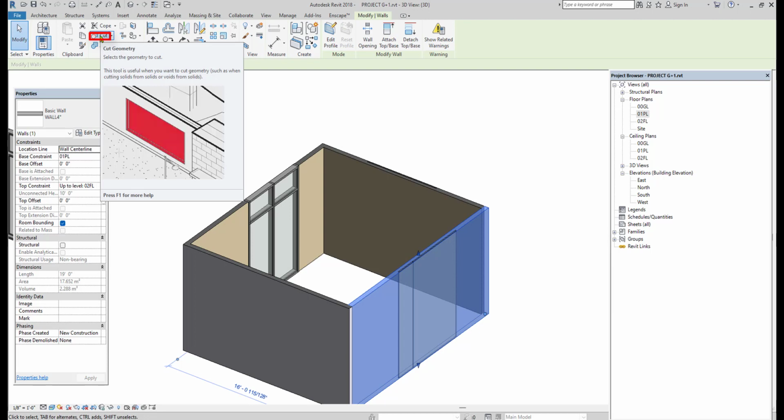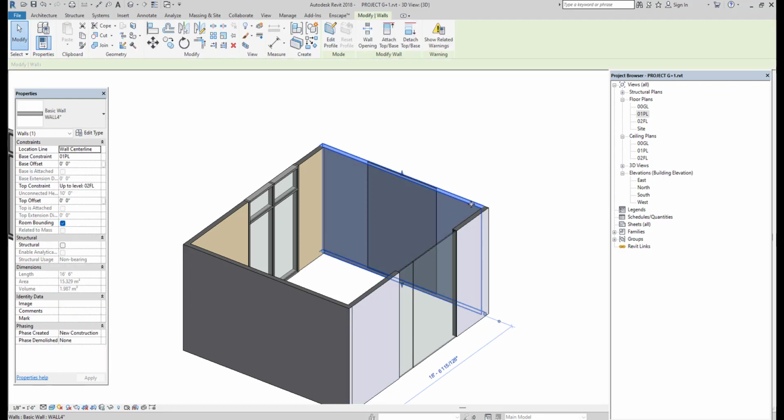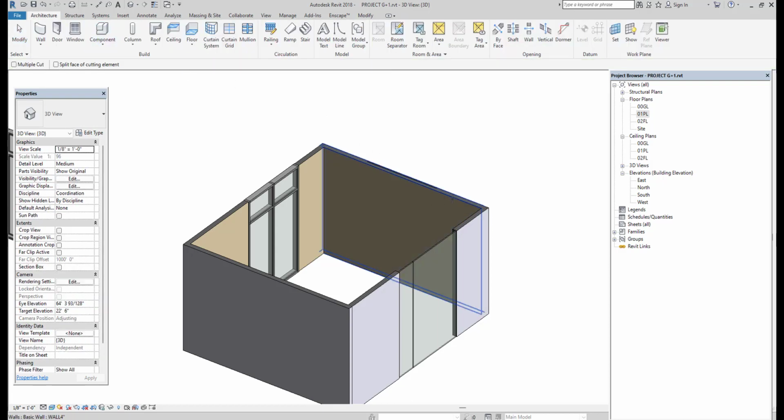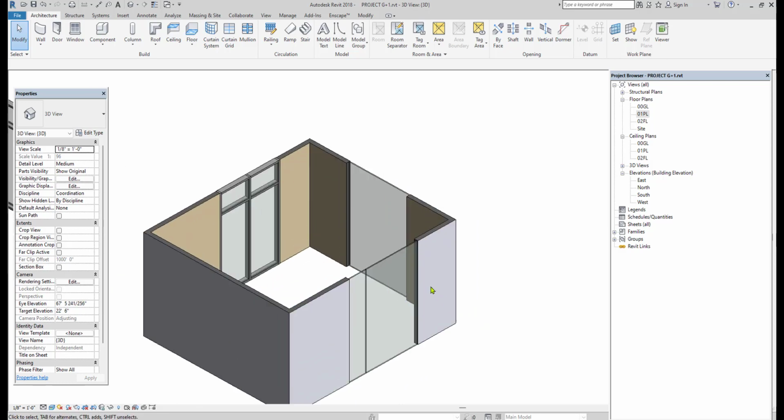While doing this we have to follow the A minus B rule, that is A is our basic wall. First you have to select that one and then select the second, that is your curtain wall, to cut it properly. Repeat the same process. I am selecting the basic wall, getting the cut geometry, first the basic wall and then the second curtain wall. So in this way you can cut. Use your shift and scroll button to rotate the model.